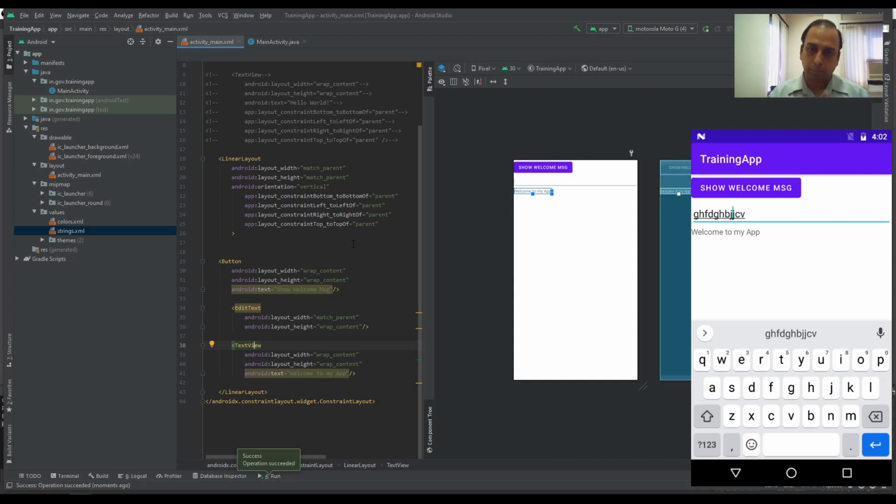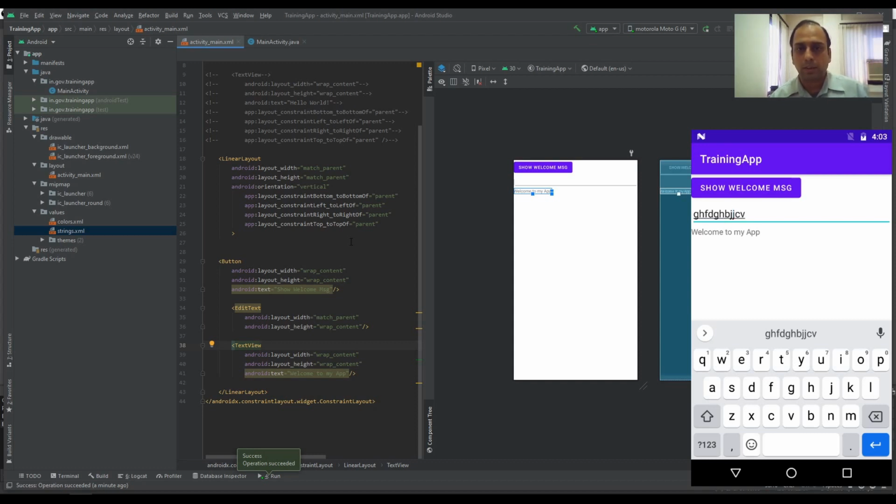Okay, so this is how you can generate layouts, and these layouts can be right aligned, left aligned, center aligned, vertically aligned, bottom aligned kind of thing. You can also make the text as password only or number only, depending on the type of the text box. The keyboard will change. These kinds of things you can do.